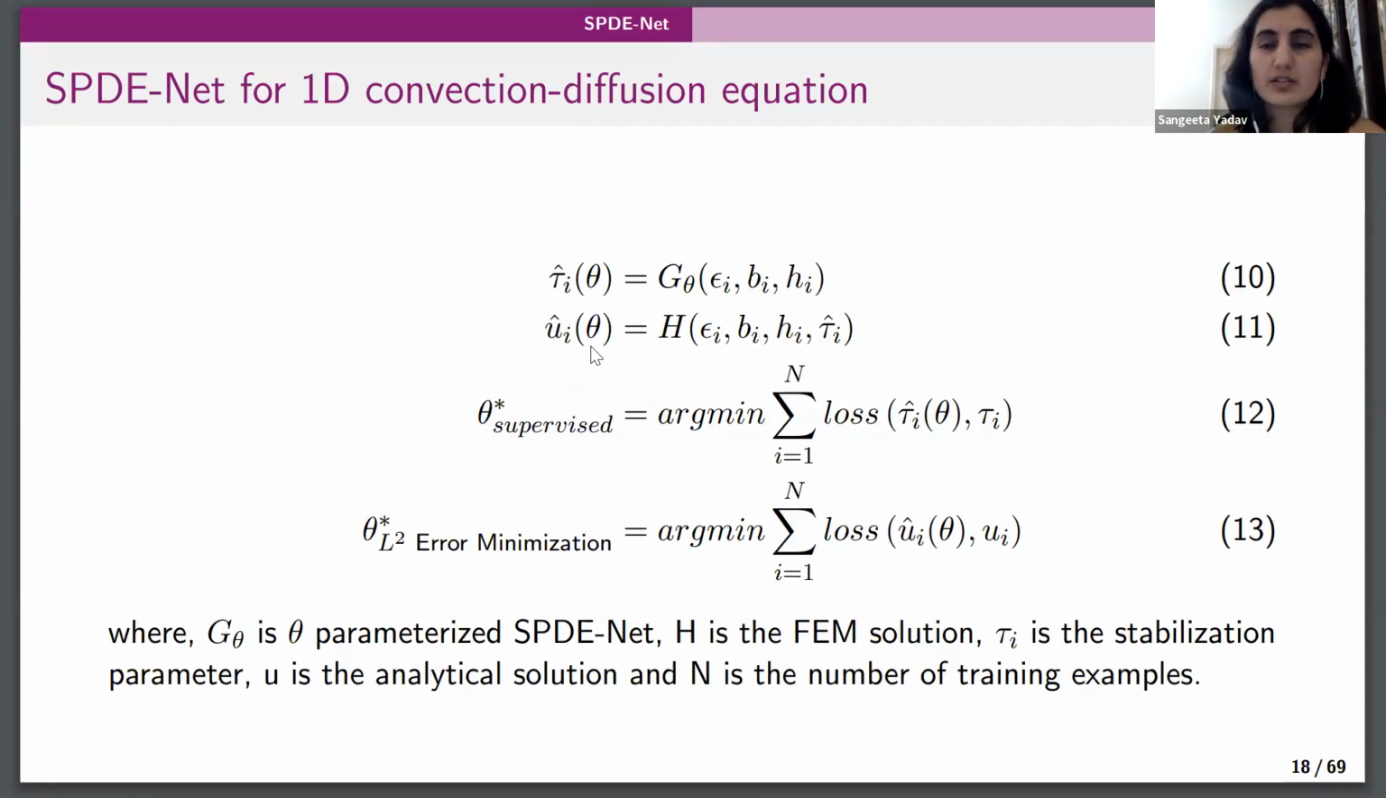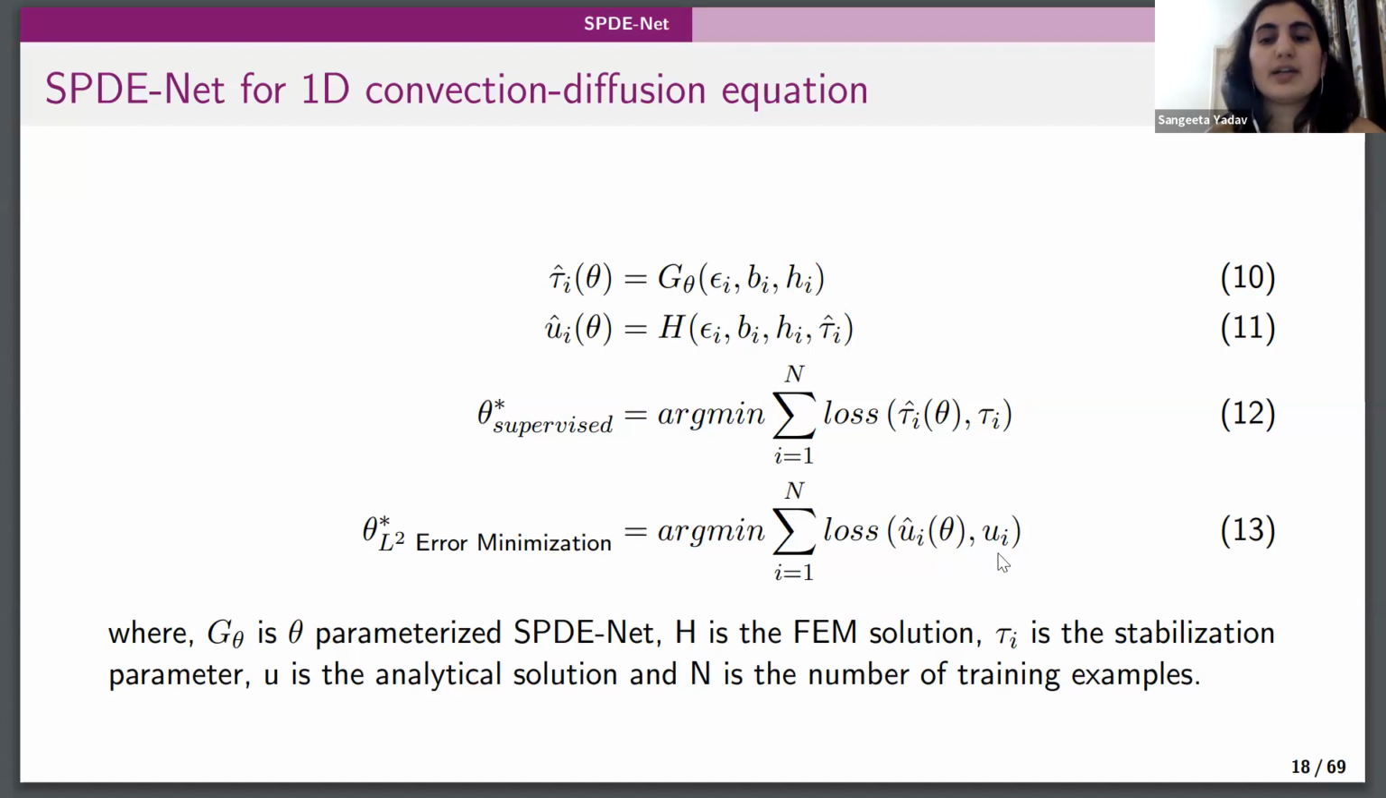Once we obtain UI hat, which is the SUPG solution from the predicted tau I hat, then we consider 2 kinds of loss functions to learn the neural network weights. The first one is a supervised technique. So the first question which will come to your mind will be like, if we are using a supervised technique wherein we know the formula of tau I, then why are we doing this entire exercise? Like, if the formula is known to us. This supervised technique is only developed to create a baseline case so as to understand the approximation capability of our neural network. In the second technique, which we call the L2 error minimization scheme, herein we try to minimize the loss between